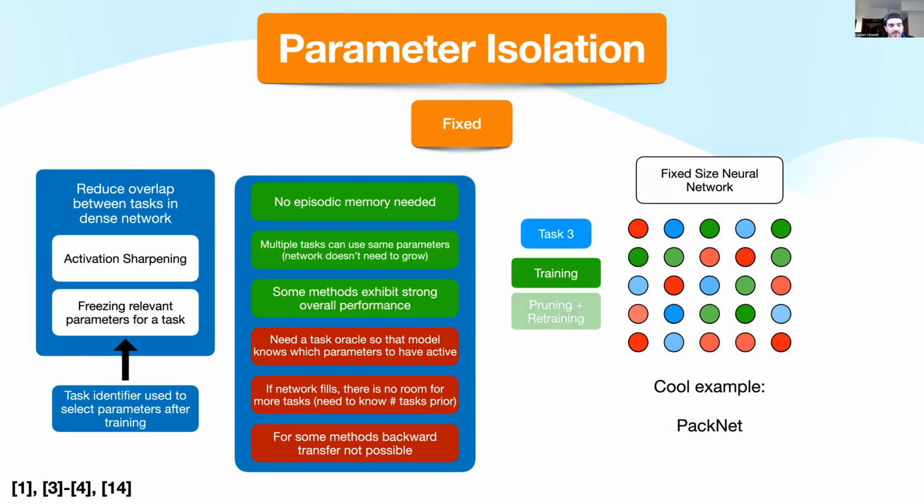The other thing is you need a task oracle when you're doing this method. You need to know what parameters you actually are frozen into. So when you go to do inference, you need to say, hey, I need these parameters to help me classify something in task 5 or whatever it is. Also, there's this catastrophic problem where the network fills: you run out of memory, the network's full, you're kind of out of luck, because the weights are frozen for previous time steps. And if the network's as full as it's going to get, that's just how it is.